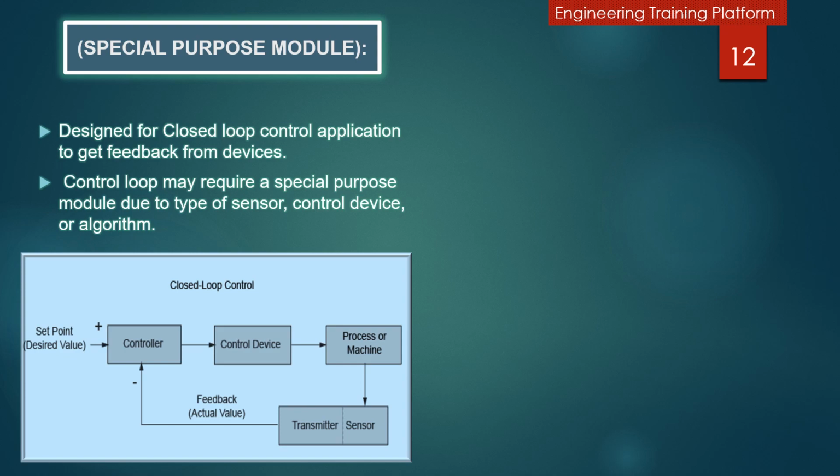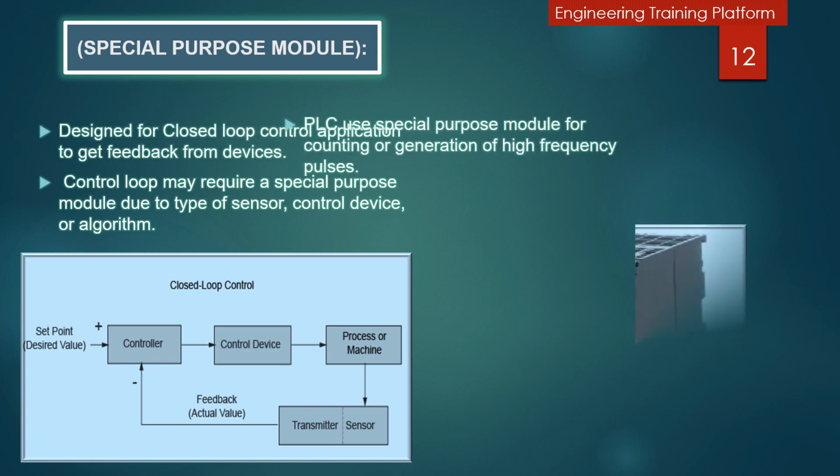Here in the picture I explain that the controller has the set points, and the controller will send the information to the control device, and through the control device the machine or process will be controlled. After that, if some information is required, the machine will send the information to the controller through a sensor. Here we are using a type of sensor which can get the information from the machine and give feedback to the controller. The controller through PID will check the set points. In this way the complete cycle will be completed and it will flow again as per the requirement.